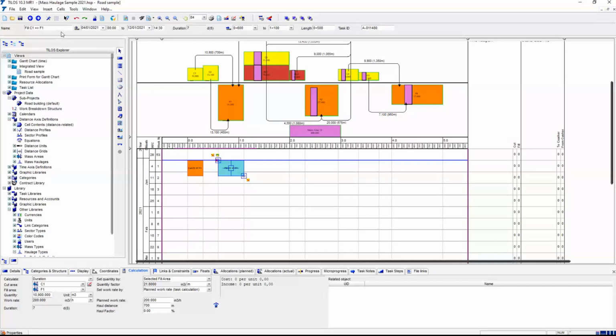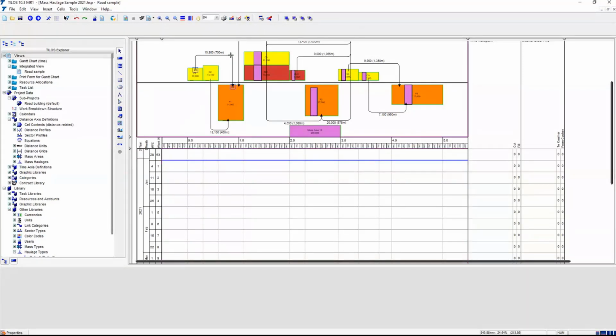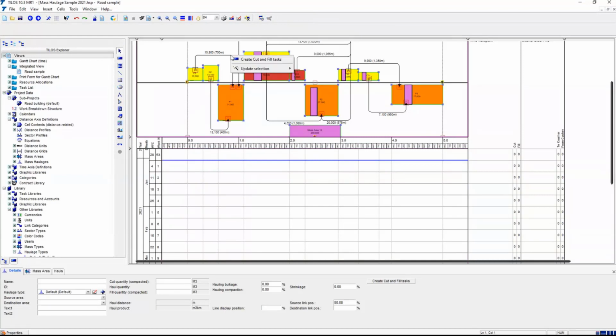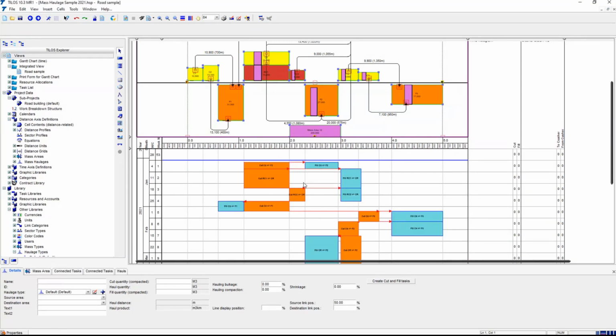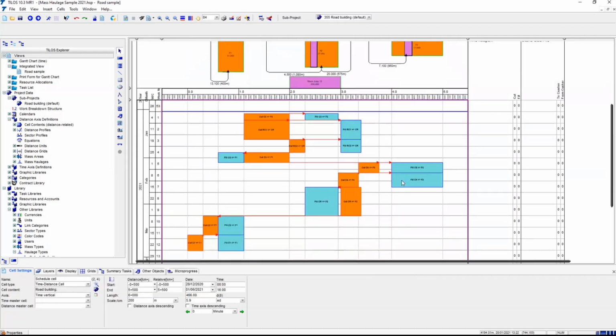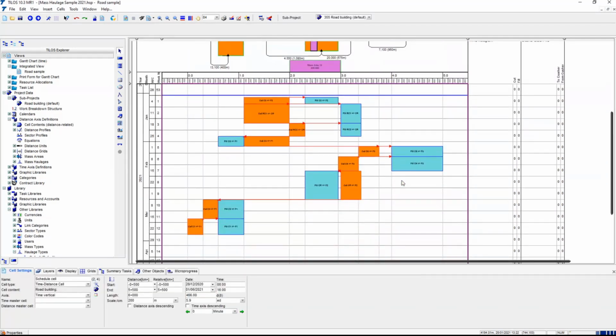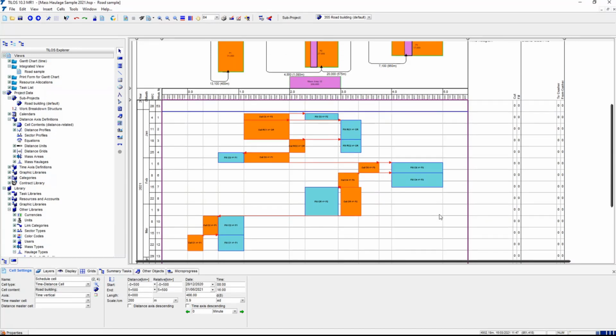Now we could do that not just for one. If I undo that, select one line, do Control A so I've selected all lines, I can mass create as a starting point. As a planner, I would like to adjust that. We've got the activities that have been done in that way, and that's our mass haul section, and then we're kicking off with all of the other base courses and curbs and everything else later on. So that mass haulage ability